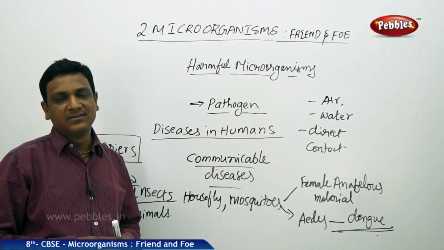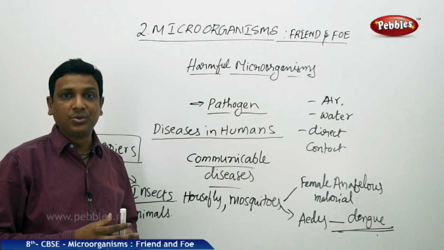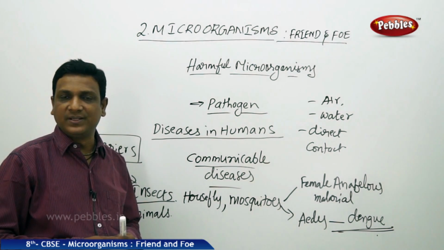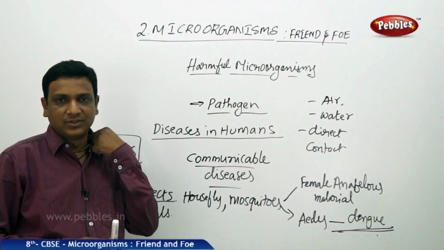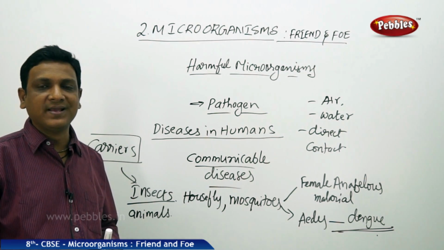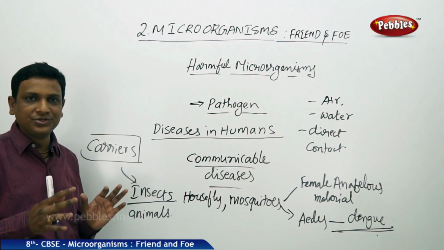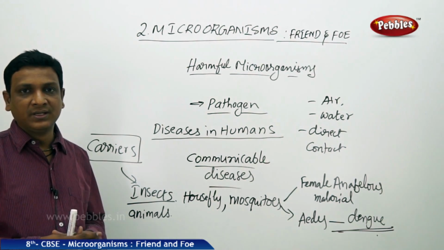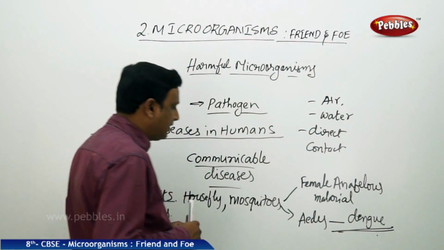So we should see that there is no stagnant water at all. If there is any stagnant water which you cannot clean, we can spray certain oils like kerosene or diesel, so that they cannot breed. And we can take other precautions also. The government, the municipality or the corporation people apply some smoke in the evenings to control mosquitoes. Anyway, from our side, we should see that there is no stagnant water, and by that we can stop the breeding of mosquitoes. If that is done, we can control diseases like malaria and dengue, which are caused by